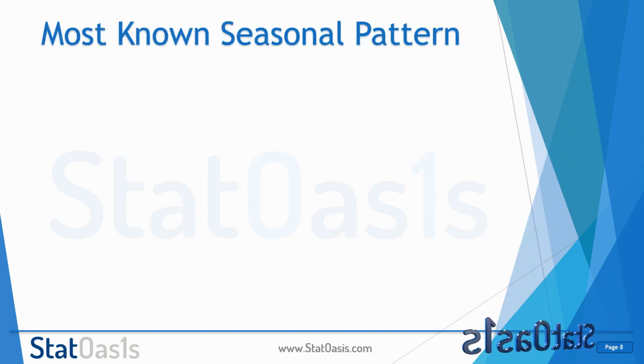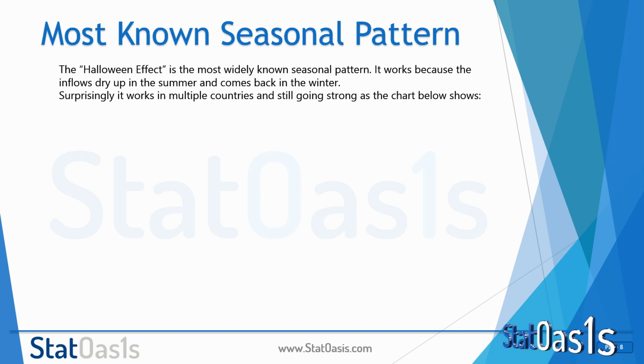The most known seasonal pattern for everybody, the one you most likely heard of, is called sell in May and go away, or in most places it's called the Halloween effect. It's basically that the summer is very slow, everybody's on vacation, nobody's in the market, so usually nothing happens in the summer. Again, that doesn't mean nothing happens every summer. It's just that the edge is with nothing happening every summer, and then all of the returns happen in